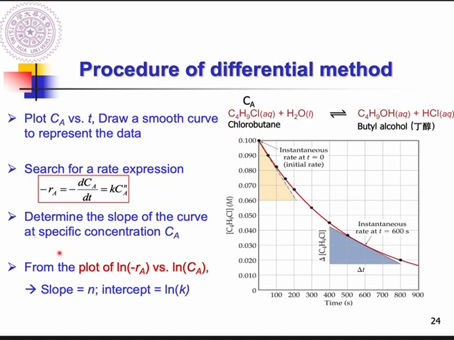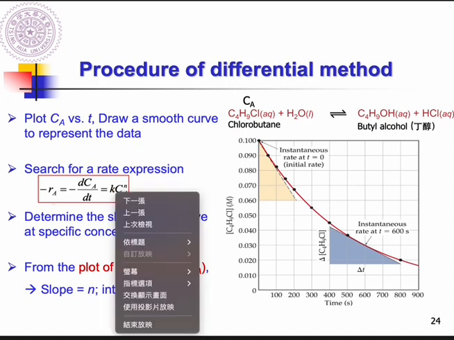So the next step is, as I mentioned, I need to determine the slope, right? Because you can get a different slope for each data point, based on this information, how can I get the N? So the idea will be that you take a log on both sides. So for example, like